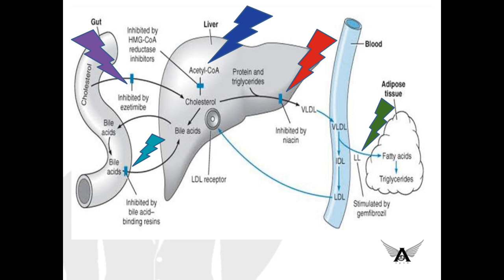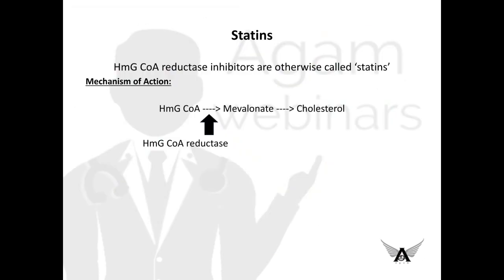And the third one, what we saw was fibrates, so gemfibrozil. So gemfibrozil causes stimulation of lipoprotein lipase, and more amount of fatty acids are metabolized. Fourth one is ezetimibe. So just see there, the top left corner is ezetimibe. So what ezetimibe does is it blocks the cholesterol absorption. And fifth one is bile acid binding resins. So the name itself says that it binds to the bile acids and thus interrupts the enterohepatic circulation of bile acids. So statins, the first category, and it's the most important category in this classification.